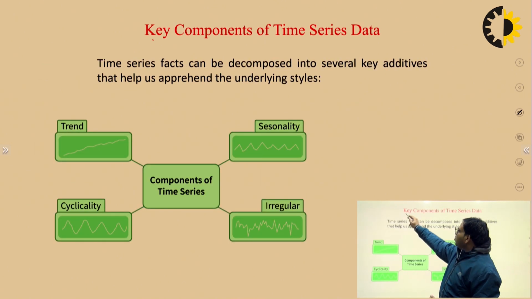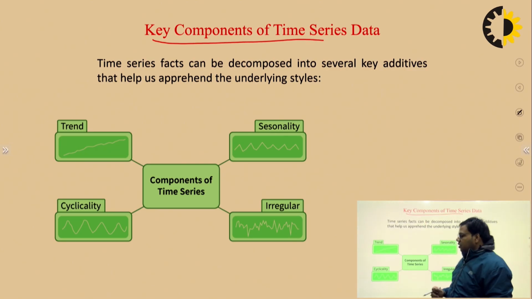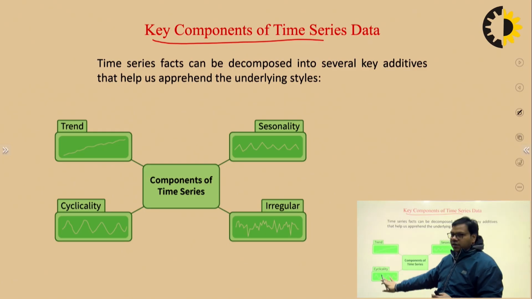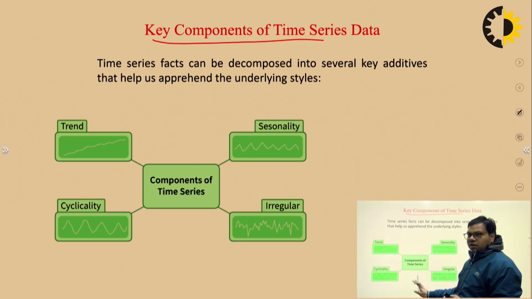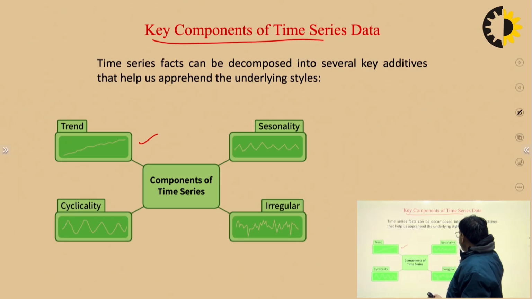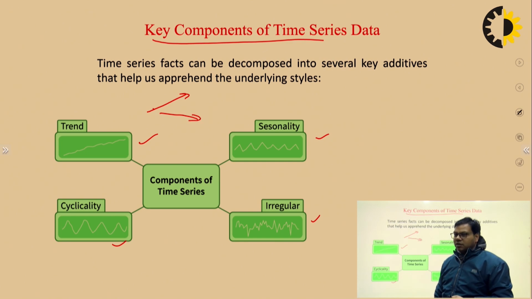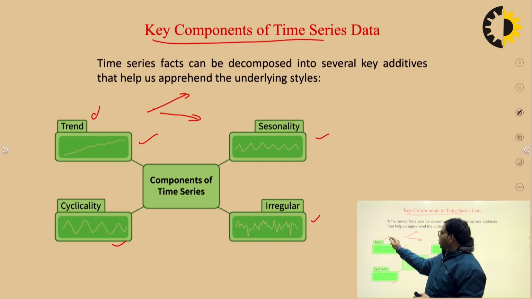Now if we talk about the components of time series data, as earlier we were talking about the decomposition of data, these are the 4 components into which data can be decomposed. One is trend, another is seasonality, irregularity, and cyclicity. Trend generally tells me whether my trend is towards the upward direction or the lower direction or somewhere else. The point is, the trend is all about direction.